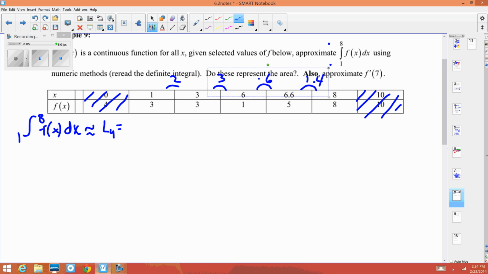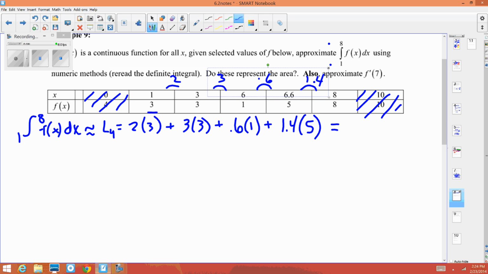Okay, so this will be 2 times 3 if we're using our left-hand endpoint, plus 3 times 3, plus 0.6 times 1, plus 1.4 times 5. That'll give us our left hand. If you want to approximate that and get a decimal, go for it. For the sake of time, I don't want to, and if this is a free response question, you